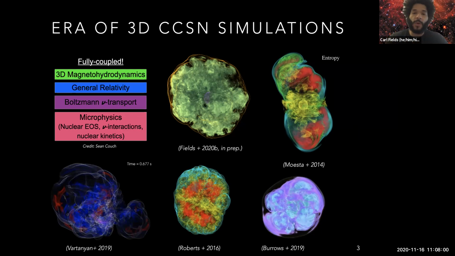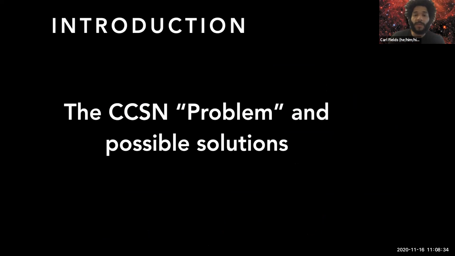These are different works that are going on. Some of these have different choices of input physics. Some have MHD. The top right is work by Philip Mosta, and that's actually a rapidly rotating MHD model. But all of these have different aspects of physics that make them really challenging to model. In a lot of cases, you have to compromise on the fidelity of one particular piece of physics in order to afford to simulate the model because they're so computationally intensive. Okay, so the problem, right?